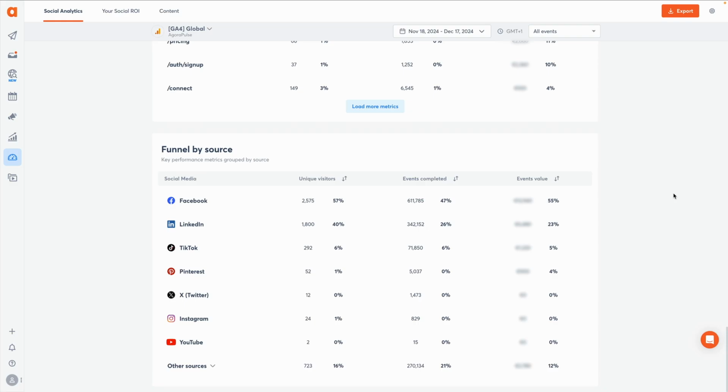And lastly, if you really want to prove the business impact of your social media efforts on Facebook, you can use something like Agorapulse's social media ROI feature. Now, this is exclusive to Agorapulse. You won't find this in Meta Business Suite, but it shows you the exact dollar value that you are driving with your Facebook efforts. So you see here over the last month, Facebook is actually our top profile when it